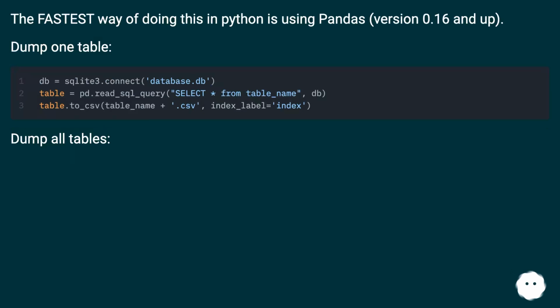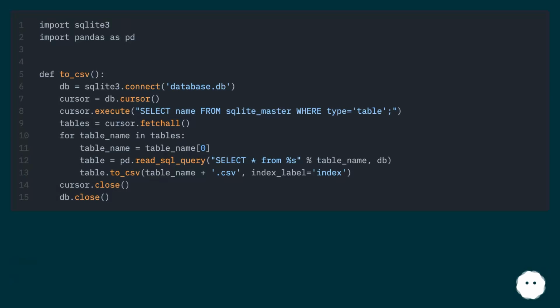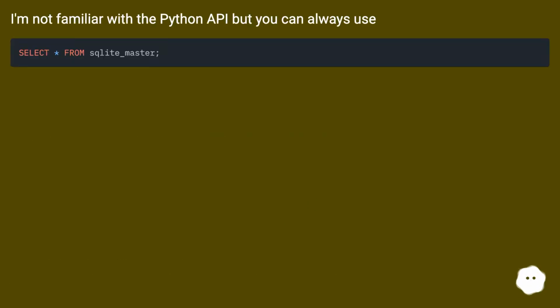Dump one table. Dump all tables. I'm not familiar with the Python API, but you can always use